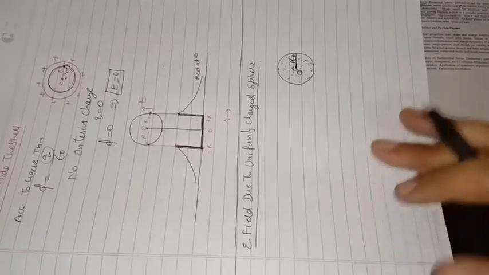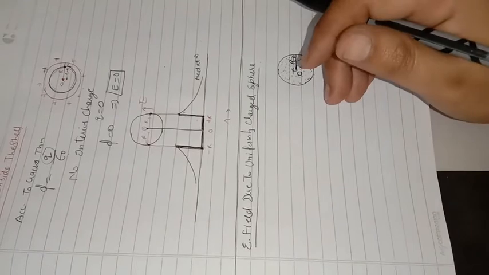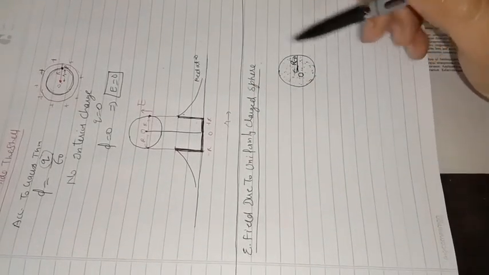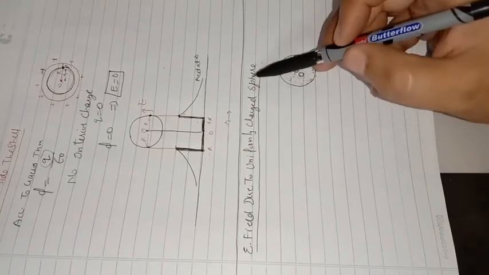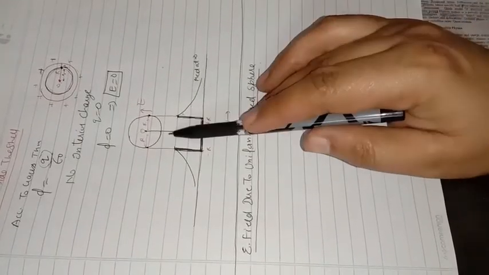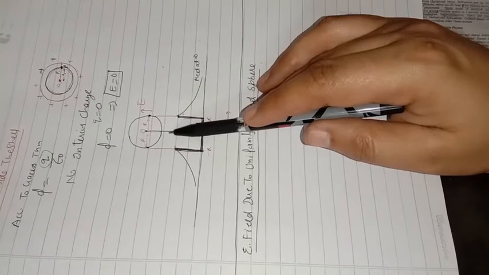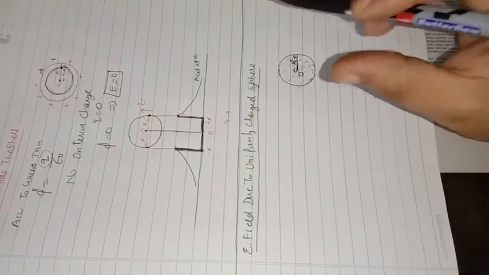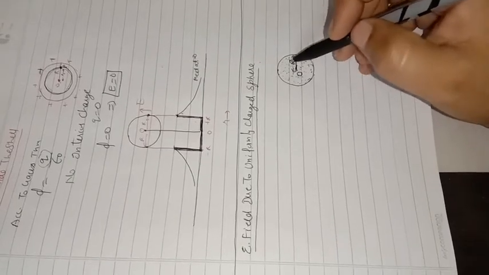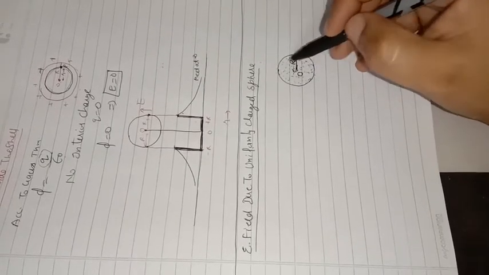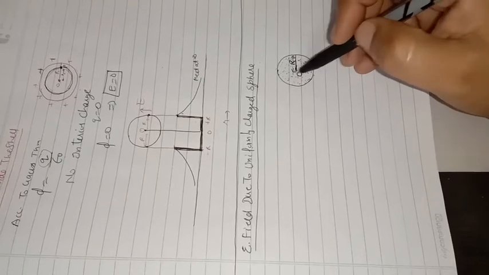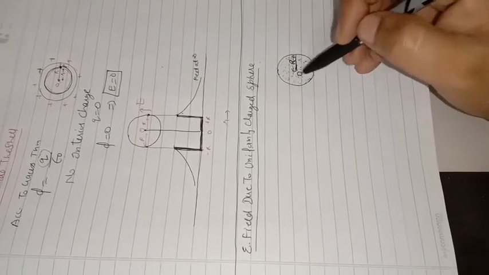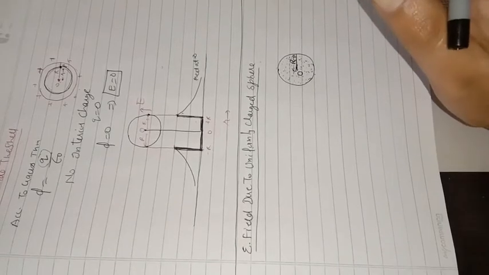Hello students, welcome back. Now we are going to discuss the last case for the Gauss theorem, that is electric field due to a uniformly charged sphere. The last case was that of a thin spherical shell where the charge was present only on the outer surface of a hollow spherical body. But now we have a sphere which is itself made up of the charge. That means charge is uniformly distributed and present in the interior volume of the sphere.